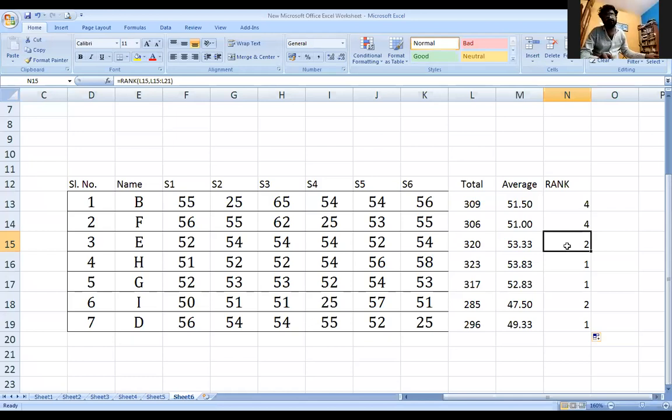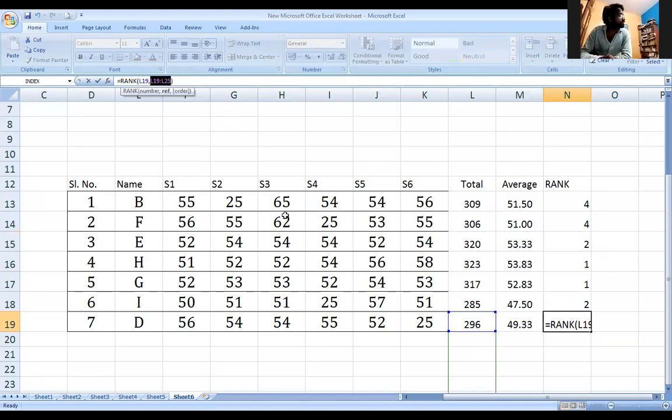If you check this, the range is off. There is a mistake in the numbers, and we need to rectify it. Going to the last cell, you can see the reference is from L19 to L25.